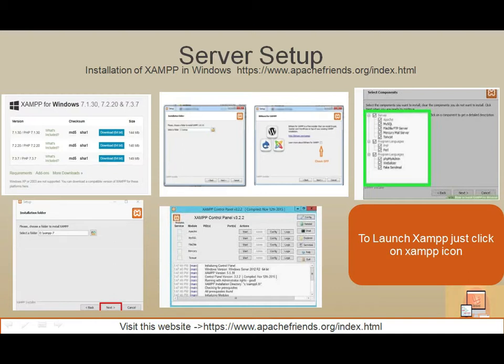There is an option where you choose where to install. Mostly people install in the C drive.